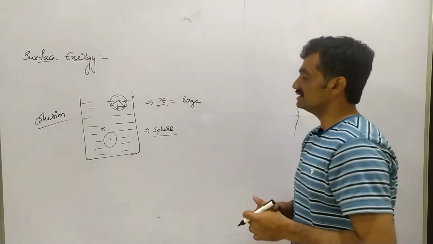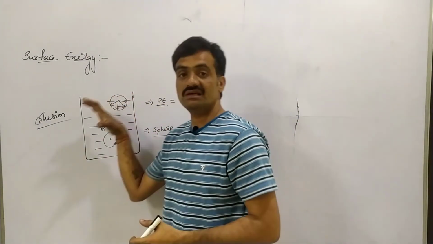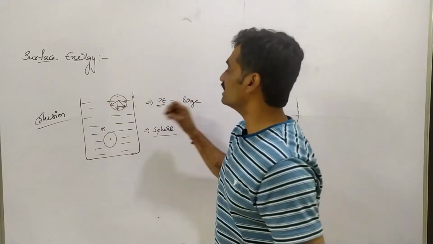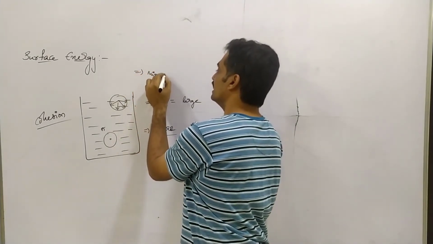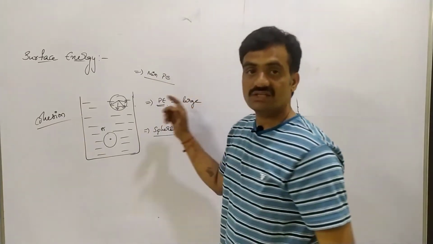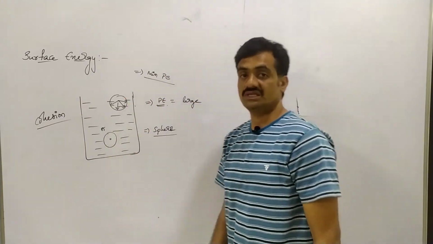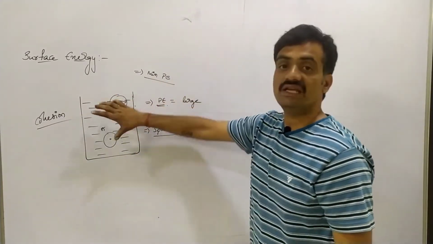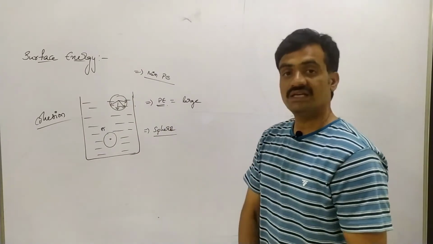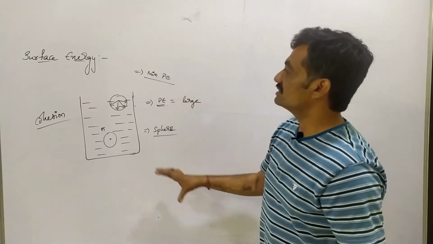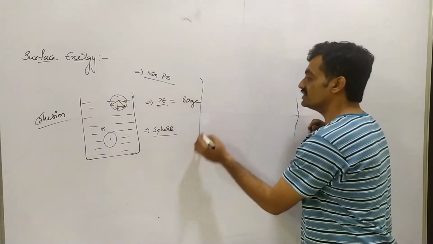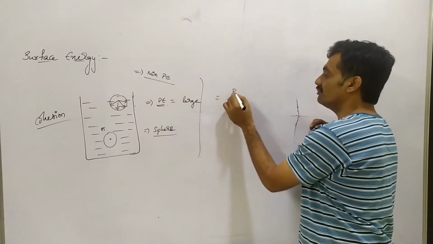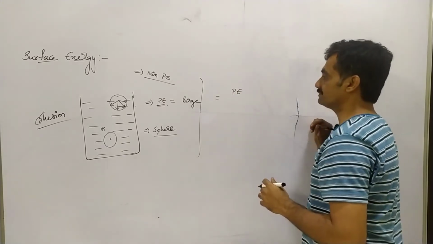So here, in order to remain in equilibrium, the liquid has to maintain a minimum potential energy. Only then will it be in equilibrium. Now, based on this concept, we are going to define surface energy. Surface energy is nothing but potential energy